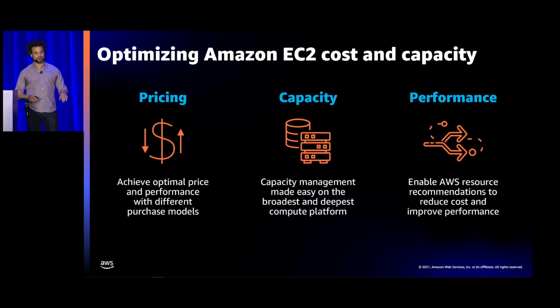We can talk about pricing first. There are fundamentally three different purchase models for EC2. The first is on demand. You have over 400 different instance types. You pay by the second. It's very flexible. There is no commitment required. If you spin up one and you choose, hey, you know what, maybe an M5 isn't the best, I can go ahead and turn around and spin up an R5 instead.